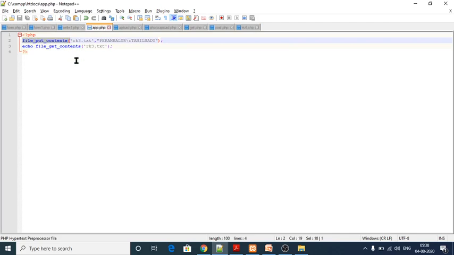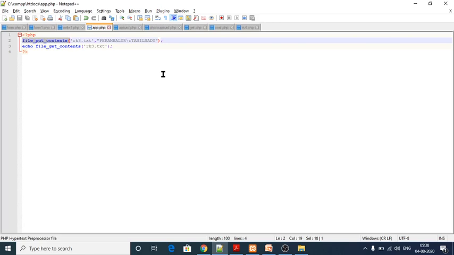Append is nothing but I'm going to append a new text at the end of the existing text. That is what appending a file helps with.